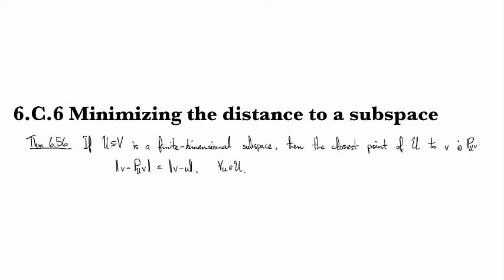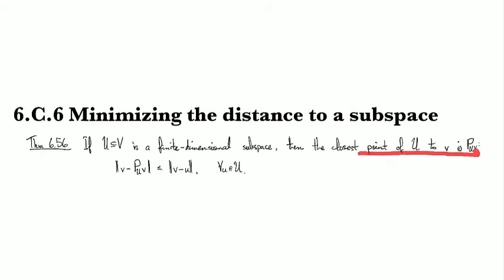Now we're going to use the projection operator to find the closest point of a subspace to a given point. So if we start off with a finite dimensional subspace U, then the closest point of U to a given vector V is given by the projection of V to the subspace U. So this is basically fancy language for the old adage that the shortest path between 2 points is a straight line, and that the nearest point of a plane or other subspace to a point is going to be an